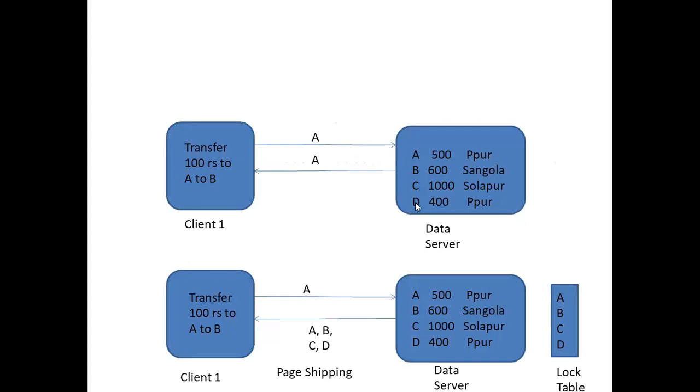Suppose I want a record D. I want a record D. So I am sending a request for D. So one by one, they can send A, then B, then C, then D. Means it has overhead of message. Means every time the client sends a request message to the server side, and then the server ships the data. Now this has an overhead of message passing high as compared to data transmit. So means data transmit करण्याच्या ओव्हरहेड पेक्षा मेसेज ट्रान्समिट करणं जास्त ओव्हरहेड आहे ह्यामध्ये, ह्या प्रोसेस मध्ये, ऍटम शिपिंग मध्ये.